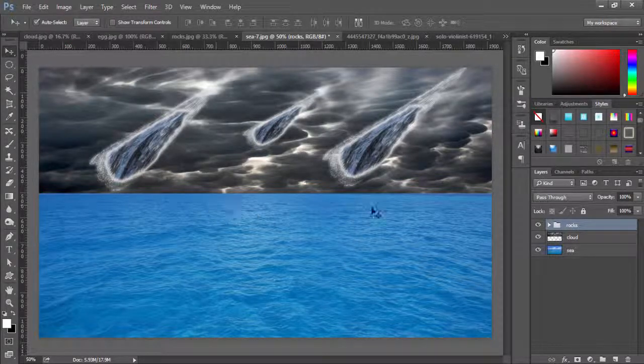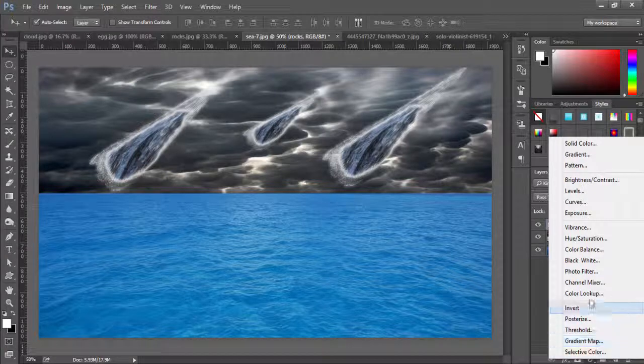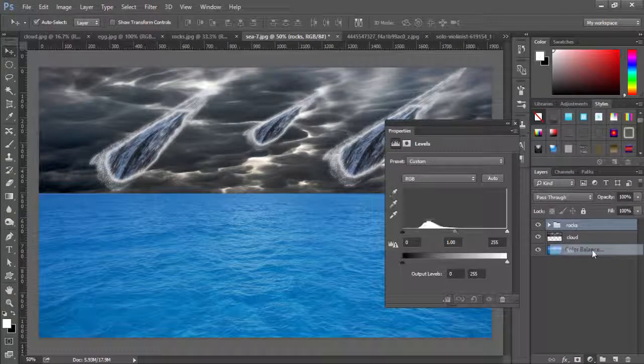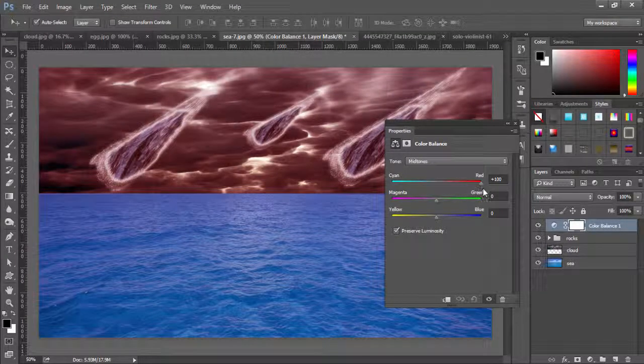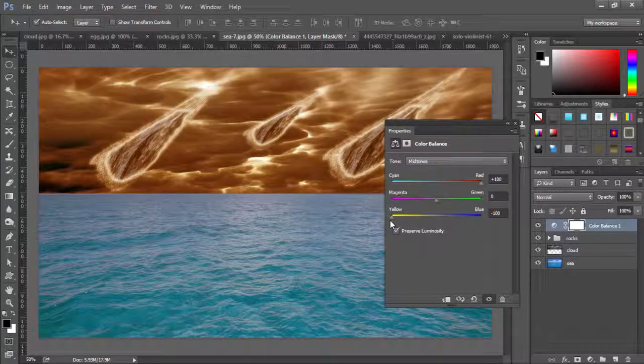Now let's put in some adjustment layers. Let's select the rock, and from the adjustment layer select Color Balance, and let's make our cyan value 100% and make the yellow value 0%, and let's go